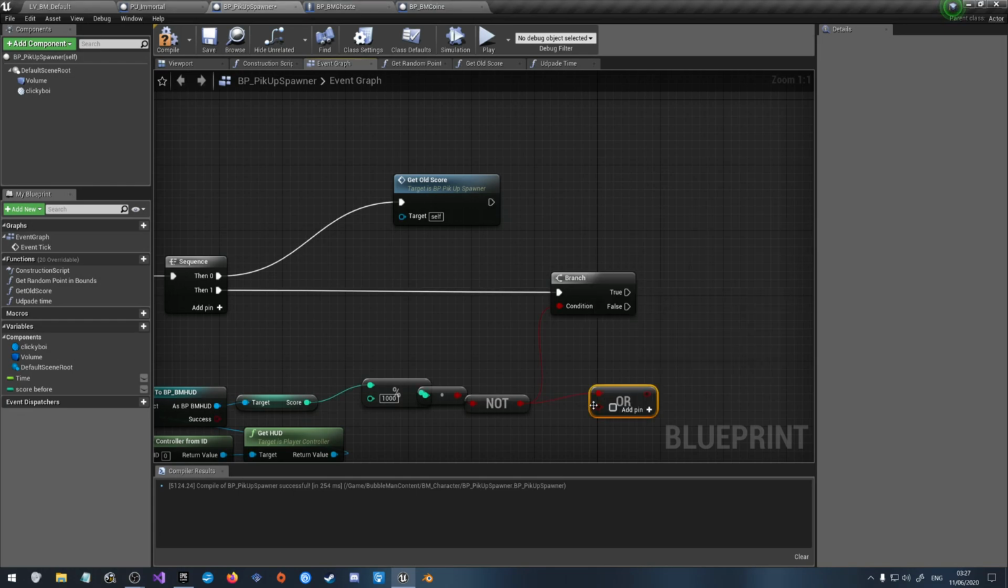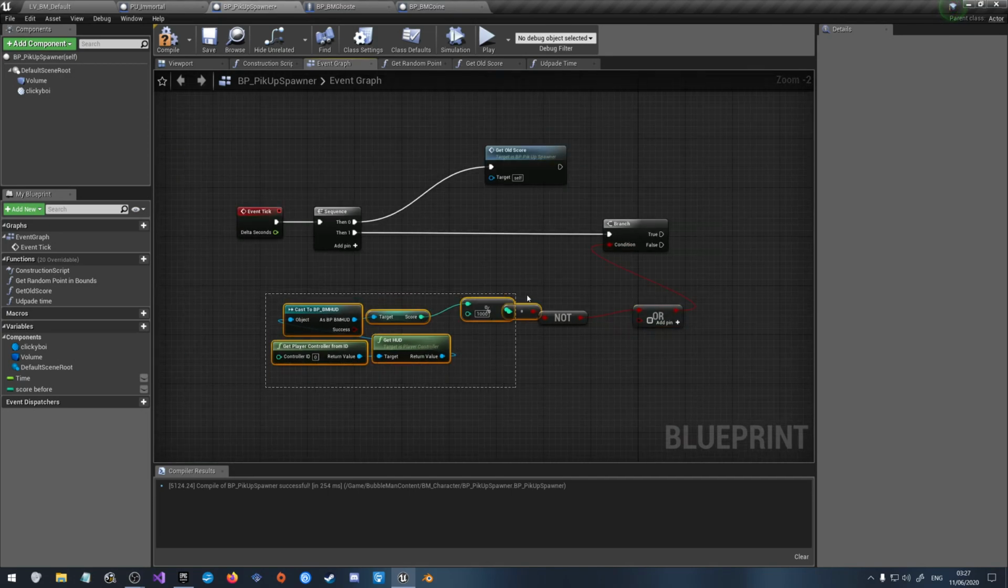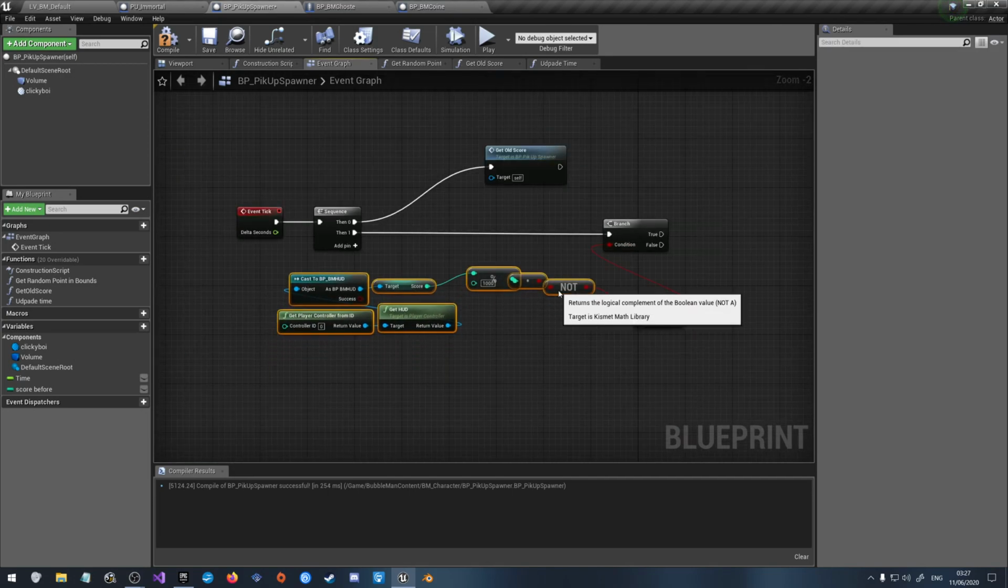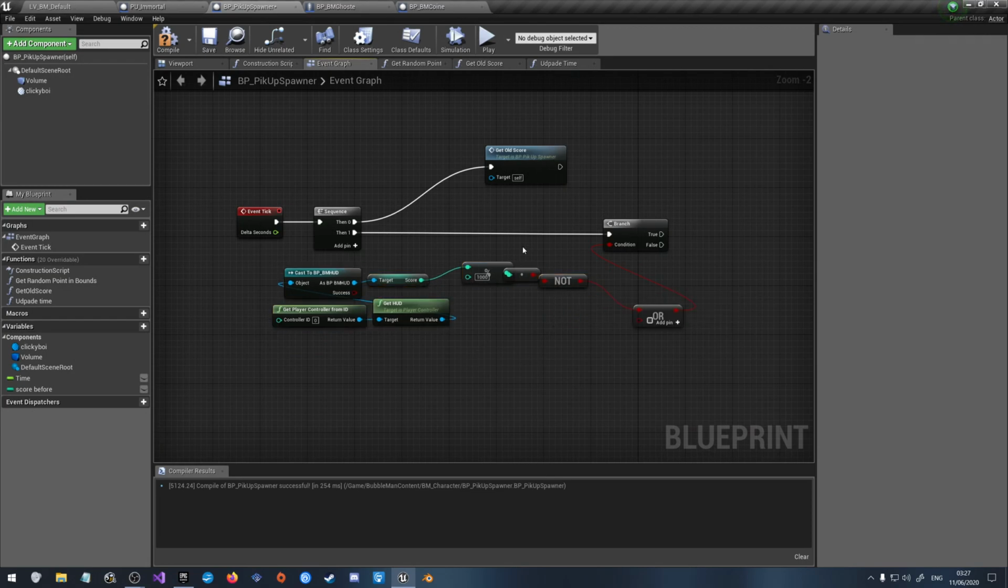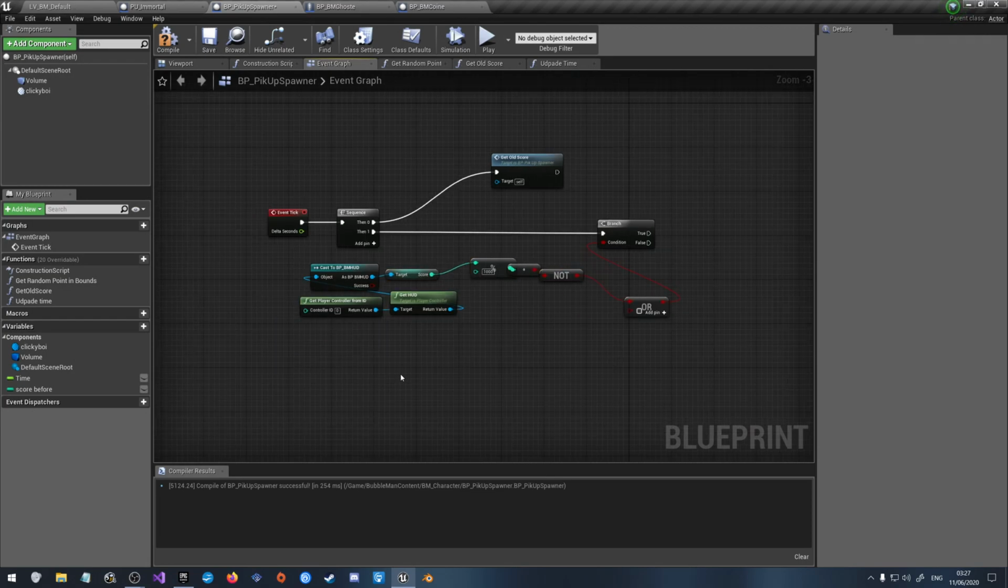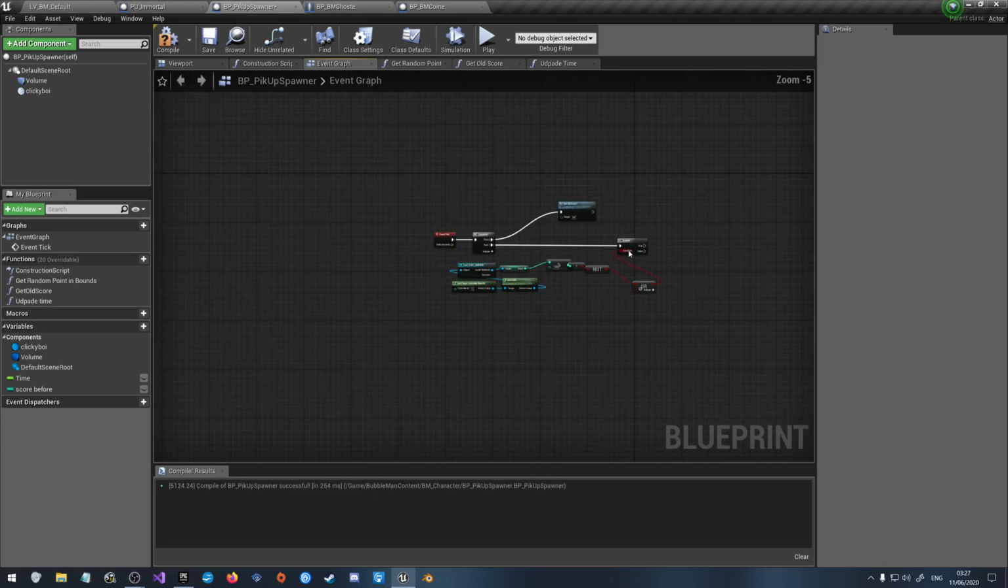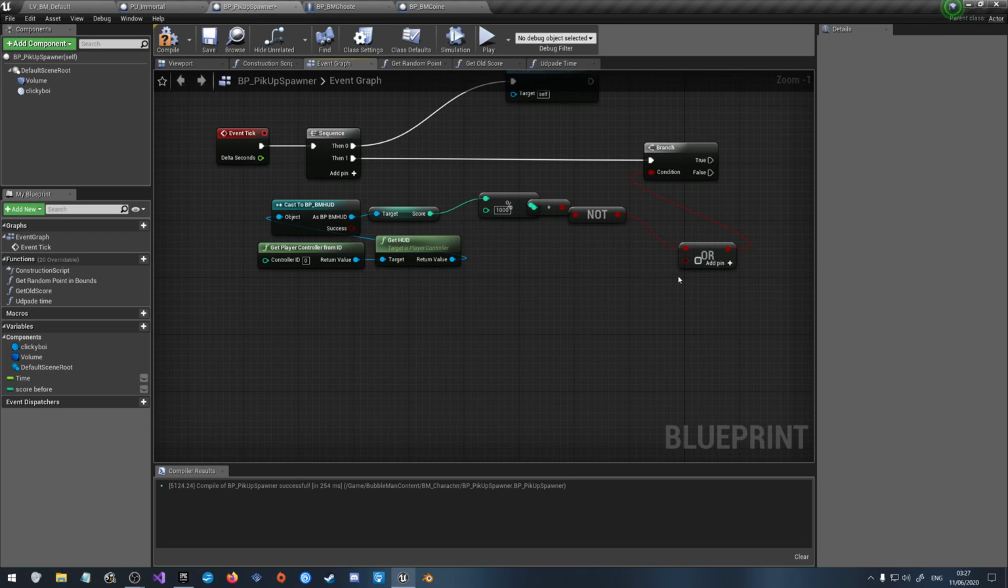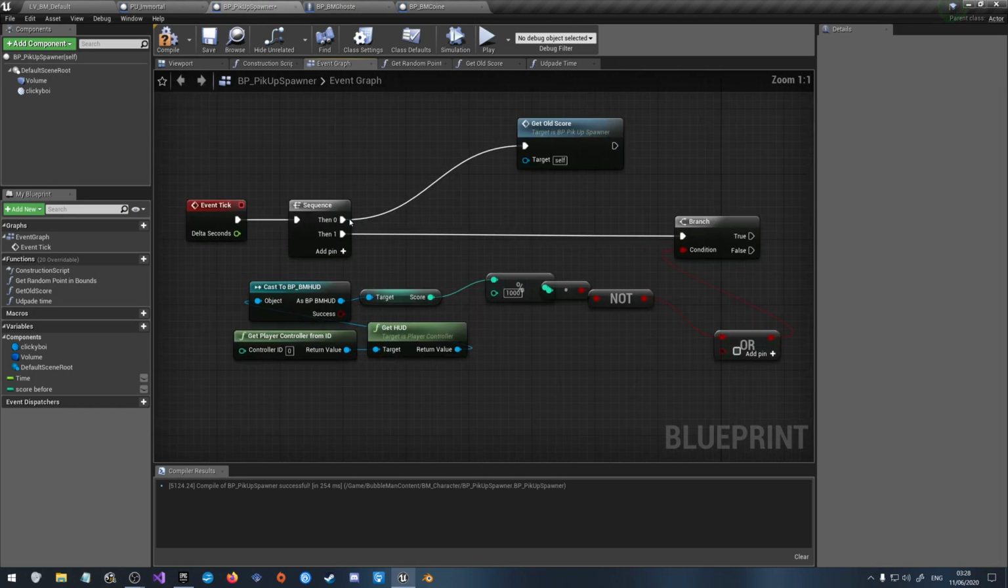Yes! Or Boolean. There it is. Boom. Yeah, no, that goes there. So we've got if the score is a thousand, or if, because like there's the chance that you can